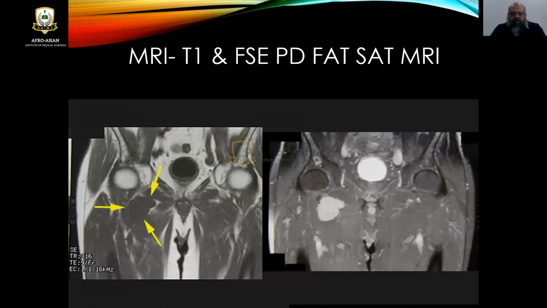This is the MRI, the T1 and fat-suppressed sequences. We can see the fat-suppressed MRI. Here you can see that lesion. This is the head of the femur here, and the mass is there in